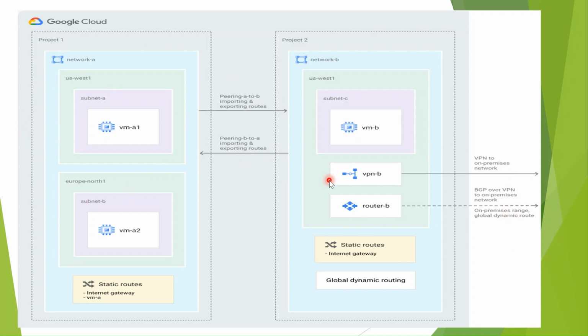There are some precautions that we need to know. When you do peering, there are some options in the peering, like from network A to network B, you have to tick the import and export routes. When you create the VPC connection, there is an option you have to click. And the same for the peering from B to A, importing and exporting routes. I will show you how it looks in the console.